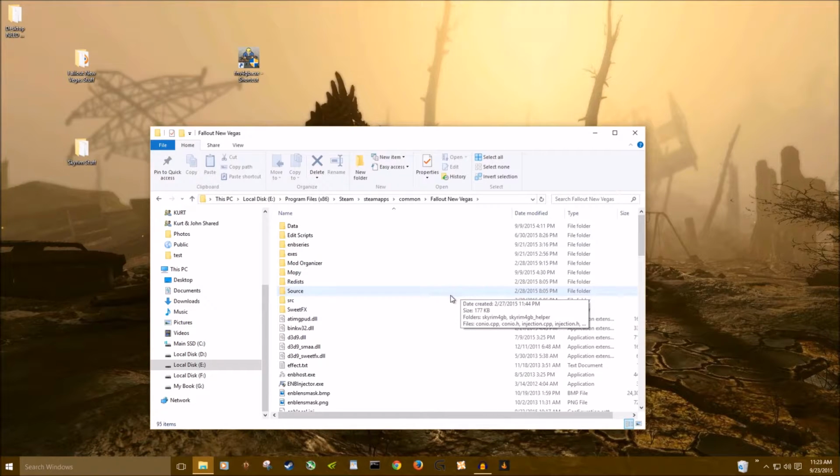In my case, I already have everything installed because you've already seen that I'm using ENBs. I have a bunch of mods. There are mod managers you can use, like Nexus Mod Manager or Mod Organizer for Fallout New Vegas. Both of those will work really well to maintain your mods. Mod Organizer is a lot more powerful than Mod Manager. Mod Manager is a little bit more simple point and click, but you can also overwrite a lot of things